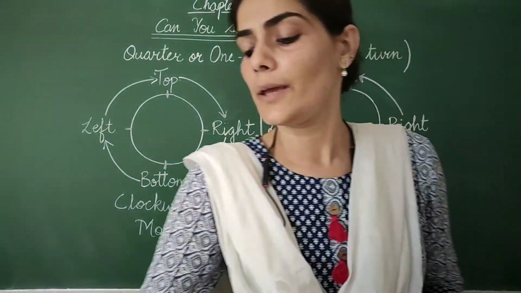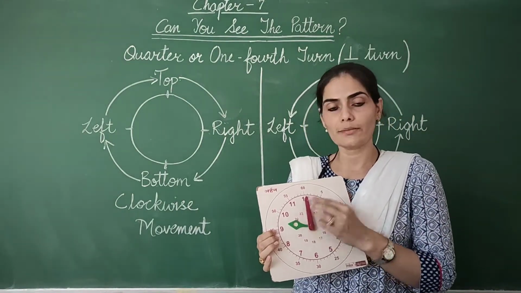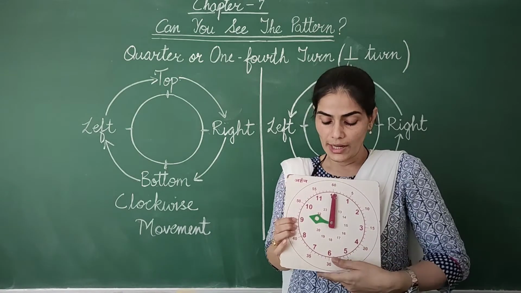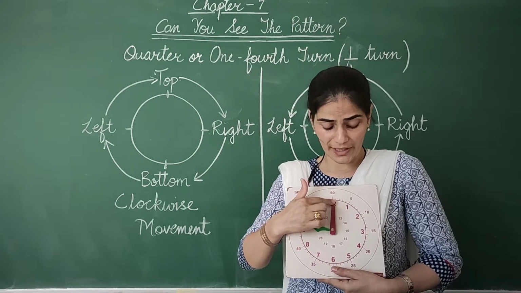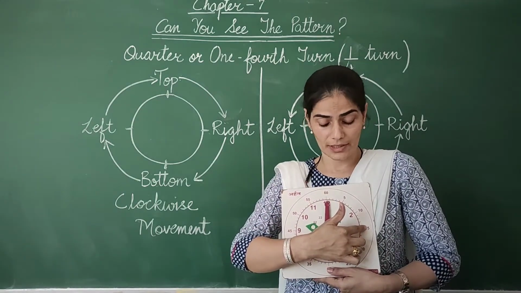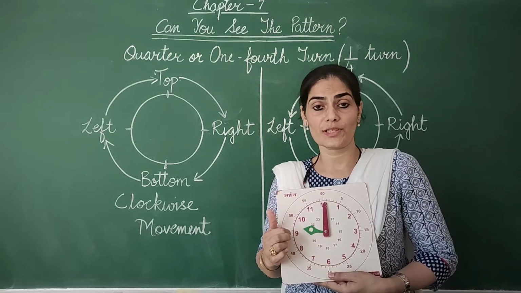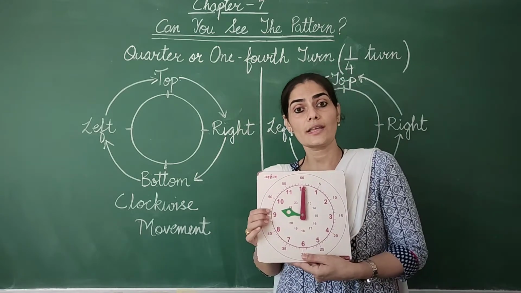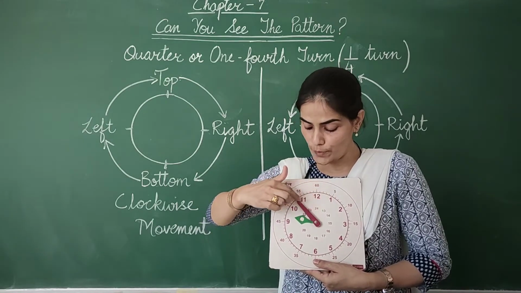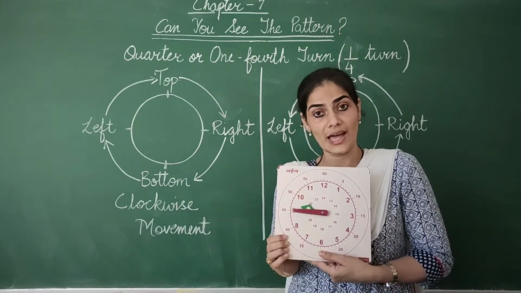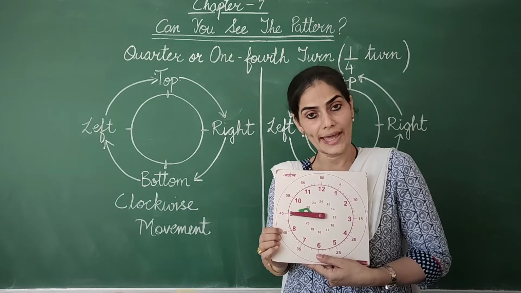So let's learn the same thing with the help of the model of the clock. Now this time, let's say that the minute hand is pointing upwards. And remember the position in the clock. If its top is presented by 12, then right is presented by 3 and the bottom is presented by 6 and the left is presented by 9. And if I say give it a quarter turn anti-clockwise, then what would happen? From 12, the object is going to move towards 9. And this is how it will look after a quarter turn anti-clockwise.